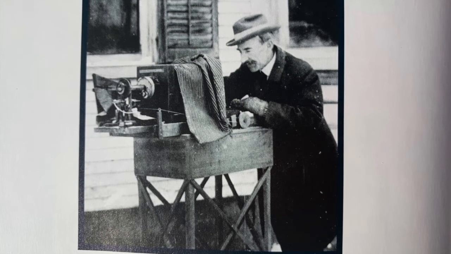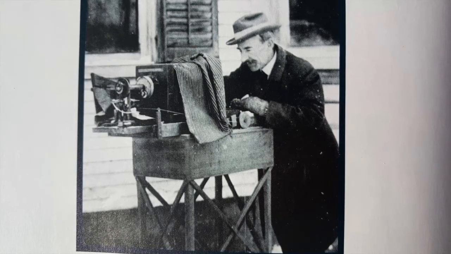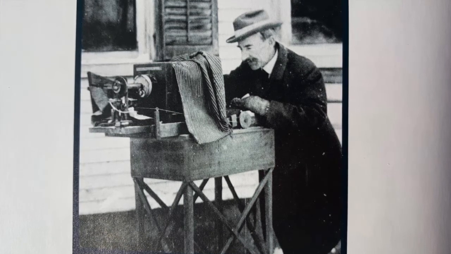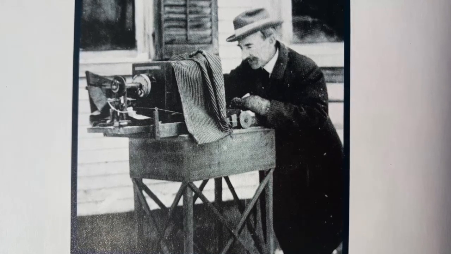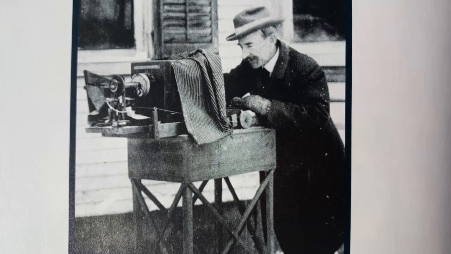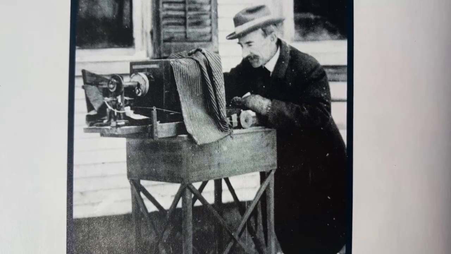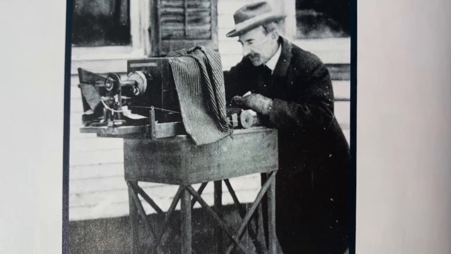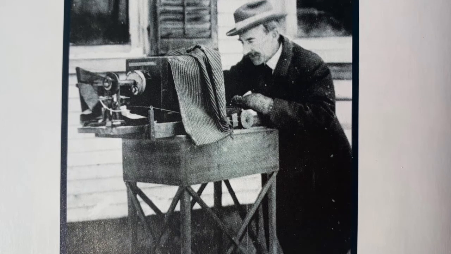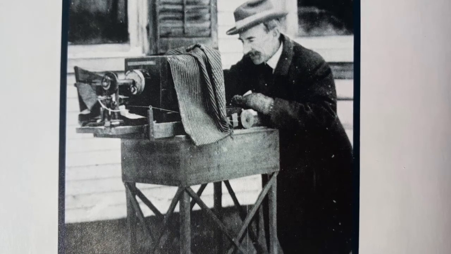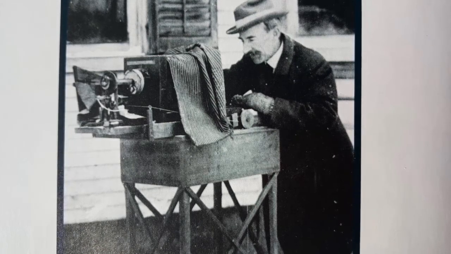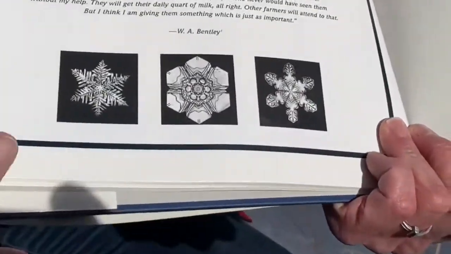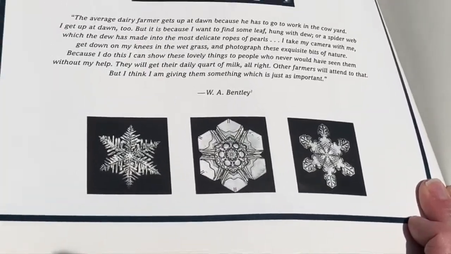And he looked at snowflakes in two different ways. So he took photographs. That is actually a camera. For those of us that only know of cameras from our cell phones, this is what a camera looked like a long time ago. During 1875, when Bentley lived, this was all really, really new stuff on the edge of technology. And he also looked at snowflakes underneath a microscope. Take a look at some of the snowflakes that he took pictures of.